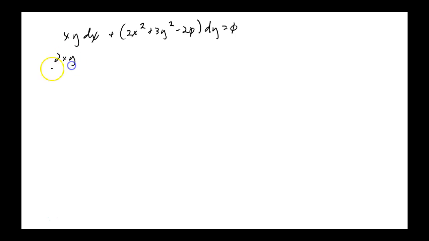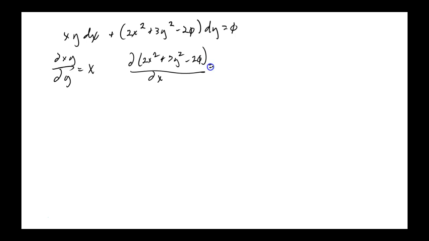The partial of xy with respect to y: x is a constant, y is a variable, so it's x. Whereas the partial of this thing, 2x squared plus 3y squared minus 20, with respect to x